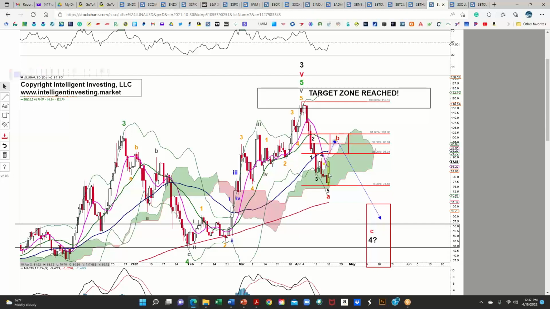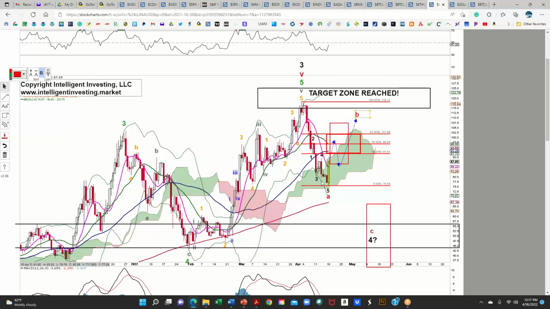B waves always become 3 waves. And we simply have to wait and see how this is exactly going to fill itself in. So then this should be something like this. Again, if it can become a flat, we can even go all the way back almost to the all-time high. It's very possible. I'm just showing you here what the ideal retrace target zones are. That is based on a simple zigzag. Again, B waves can be zigzags, flats, or triangles. We start off with the zigzag, that is the anticipation. Then we monitor it to see if it turns into something else.